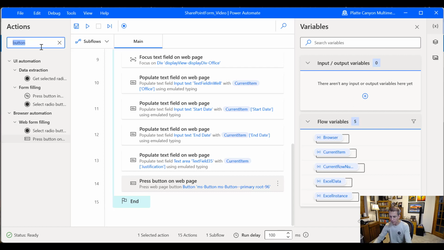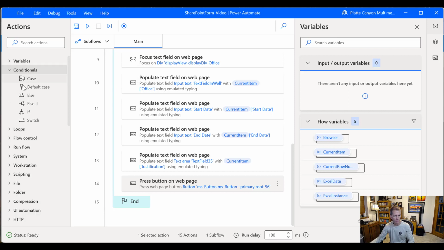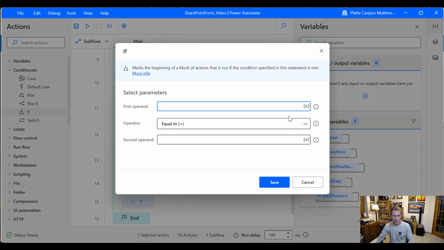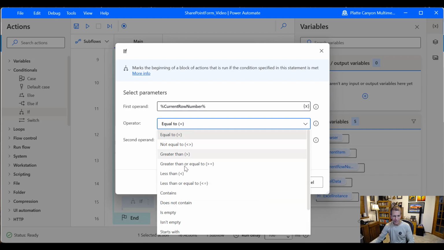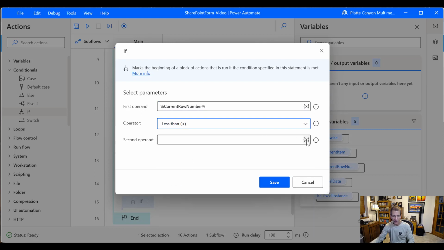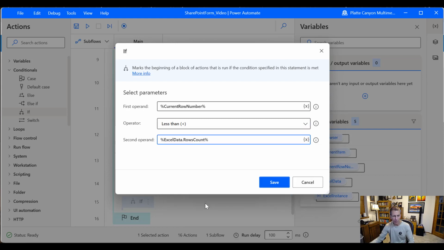So now I'm going to use my variable. Let me just get rid of all this because I've been searching, but you may not. You have to look at them too, so you can come in and also drill down in here. So I'm going to do a conditional. I won't search this time. I'll just do the if. So I'm going to say if current row number is less than, and now I need to find out how many rows I have. Well, I come in here and go to the data, and then I've got a row count. So if it's less than the row count,